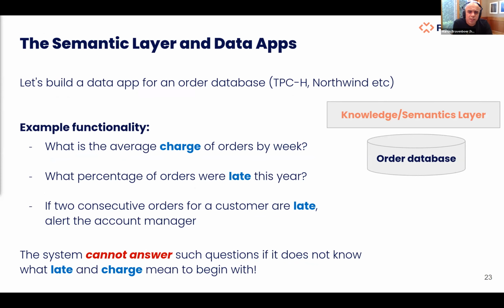This is where the problem actually already starts, because if you wanted to show the charge of an order, there's actually nothing in the TPC-H schema that is called charge. It doesn't exist. The term is actually used in the description of some queries, which is kind of funny, but it does not exist in the schema and the data model. Now, in the order table there is a column called total price, which actually turns out to be the charge that basically aggregates the line item charges and puts that data into that column. It's supposed to be the same number, essentially.